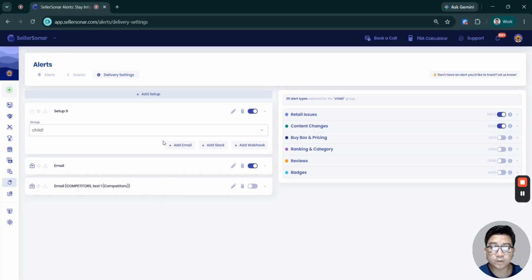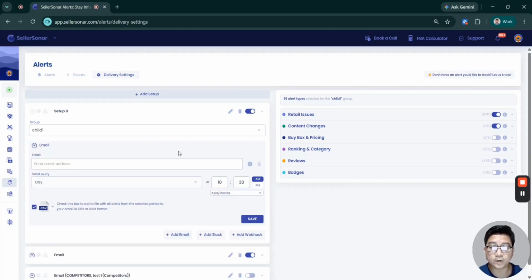The next step you need to do is to select your preferred delivery channels. So currently we have three options. We got here email, Slack, and webhooks. So currently there are no limits on how many delivery channels you can create or you can add for each of these in your setup. So for example, let's first try to add an email. Let's say